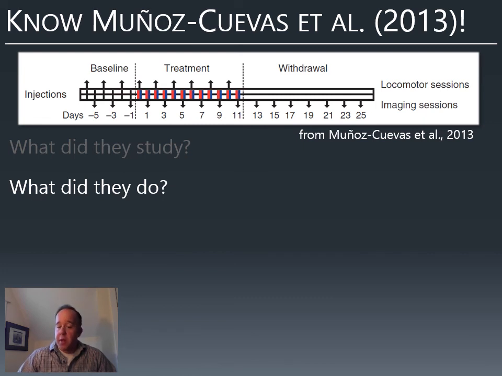And we know they did a couple different experiments that are all related. They all involve the administration of either cocaine or saline. And we know that there was one experiment that looked at this in a long-term setup, so imaging every 48 hours to look for dendritic spines, and then also measuring how much they move around after cocaine administration. We know there was another experiment looking at the short-term effects. We know there was another experiment looking at the behavioral effects. So be able to describe each of those different parts of the study in terms of what they did, what it is they're looking at,